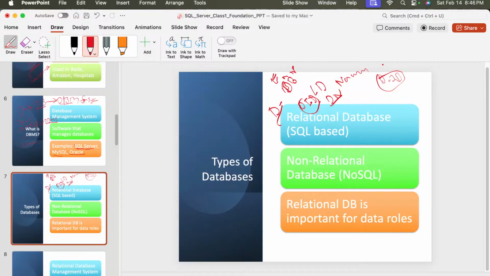And we have an HR system database where we have employees, departments and salaries. These are the kinds of things we have in real-world tables. For that purpose we use a relational database, so that we are able to manage that data in a proper way. And by using SQL we are able to find out, because in our course we are going to use SQL Server. So in this course, as we know, we are going to use SQL Server, which is a relational database.